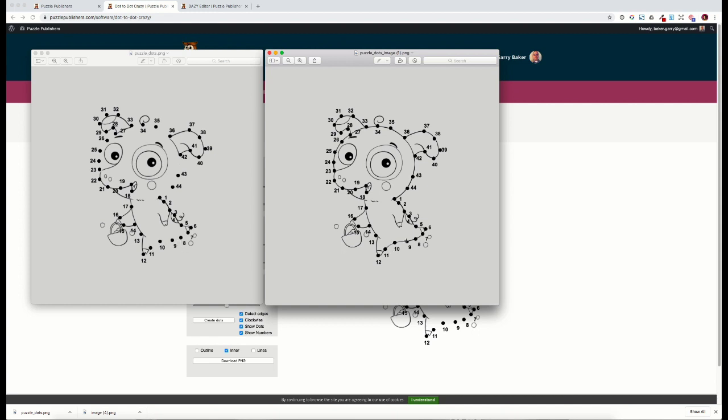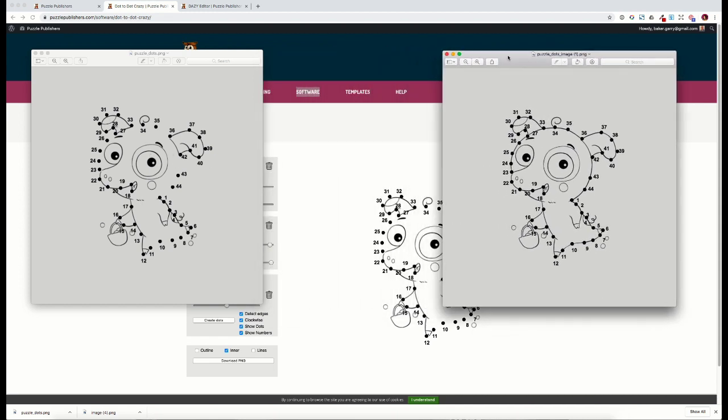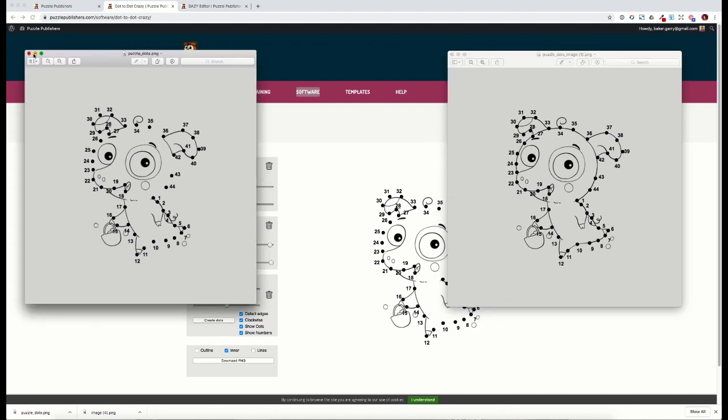So really, this wasn't a dot to dot. It was just an image with a bunch of dots on it, whereas this is a true dot to dot, where they'll have to complete the image to see exactly what it is. Of course, like I said, inside the Daisy editor, you could erase some more of this detail, play around with it. But again, to compare those two images, how quick and easy that was inside of the dot to dot